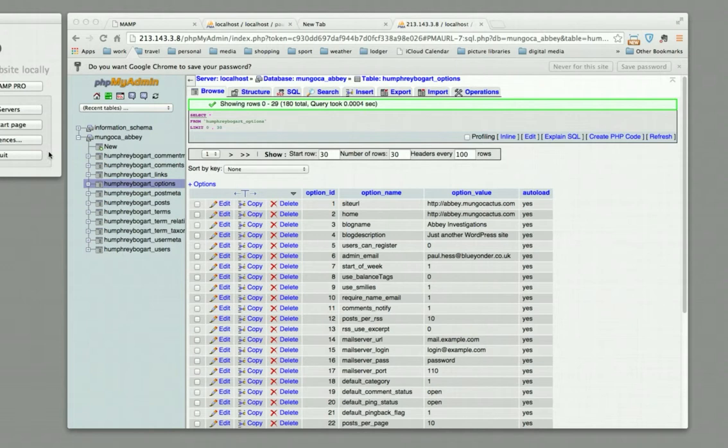But to upload that to a remote host, we had to save the database onto the desktop and then import it to phpMyAdmin on the remote server. Once that was done,